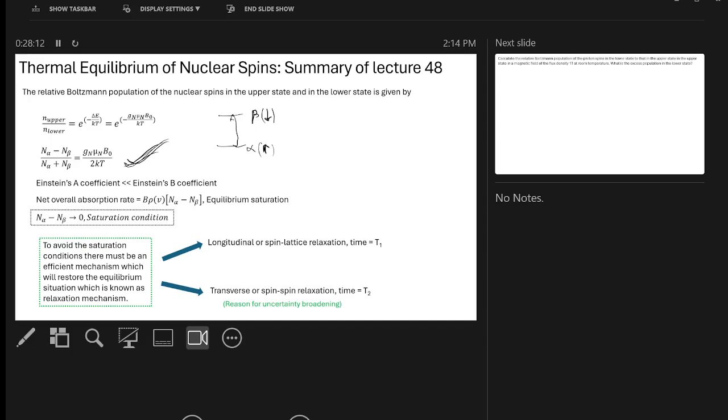And for NMR, this is the condition. Again, I'm not explaining this condition. Already explained in detail. So the rate of overall absorption, like absorption means we have many nuclei here, many nuclei here. So the rate of absorption by these nuclei to go here is given by this B nu rho nu and this difference n alpha minus n beta. Difference is the population. Okay. And here B is nothing but your Einstein coefficient, not magnetic field. This B is Einstein coefficient.